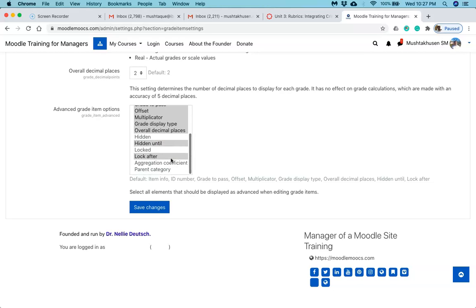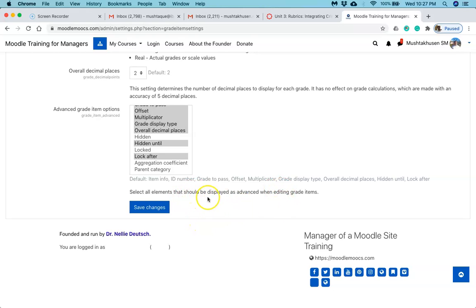Again, if you want to select more, you can press the control button and select the rest of them. But by default it would be item info, ID number, grade to pass, offset, multiplicator, grade display type, decimal places, hidden until, and locked after.